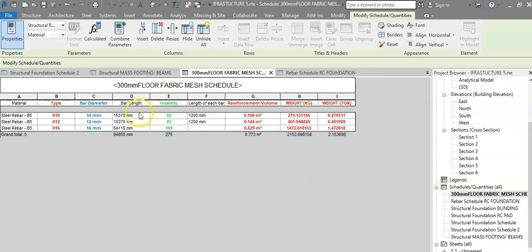What we've got here is the floor fabric mesh schedule. As we see, we have a lot of information with regard to the type, which is H10, which is the diameter of the bars, 10 millimeter, and 12, 16, the bar length, quantities, reinforcement, volume. As far as the BIM is concerned, what's available within its programs will give you the